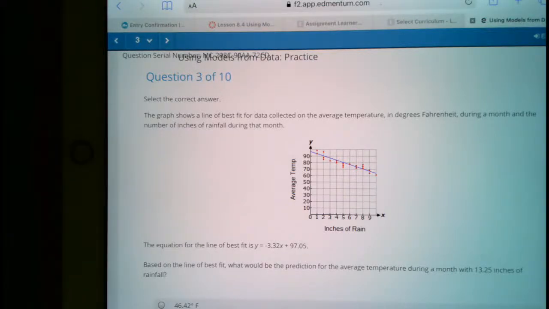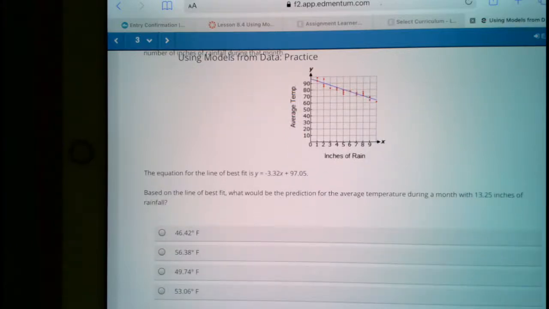The graph shows the line of best fit for data collected on the average temperature in degrees Fahrenheit during a month and the number of inches of rainfall during that month. The equation for the line of best fit is y equals negative 3.32x plus 97.05. Based on the line of best fit, what would the prediction be for the average temperature during a month with